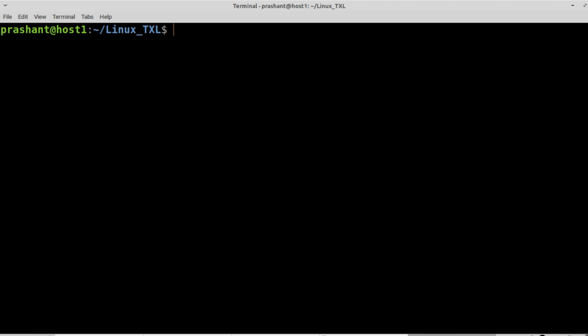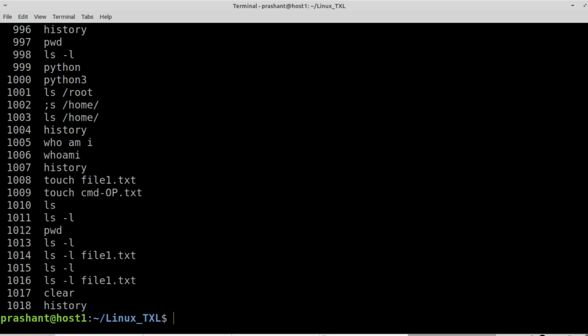After this, let's see the history command and searching the history. If we simply type the history command, it will show the entire history for us. From this entire list, you can also list a particular history entry, but that we will see later on with the less command or grep command. But right now, if we use this history command, suppose we want to use command number 1000, that is python3.